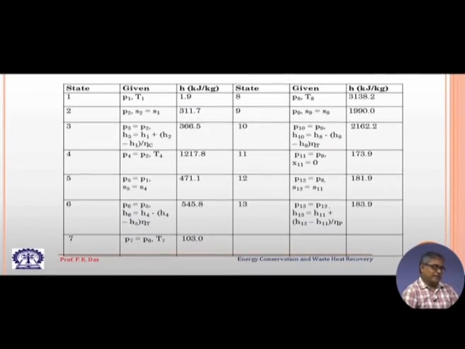So, we will get a lesser amount of work, because there is some sort of inefficiency or irreversibility. So, let me stop here, because we are running out of time. Up to the gas turbine cycle I have described, we have calculated and got all the values of enthalpies at all the important points of the gas turbine. If necessary, we can calculate its efficiency also, but what is more important, from here we can go for the calculation of the steam power plant, steam power cycle, which is the bottoming cycle.